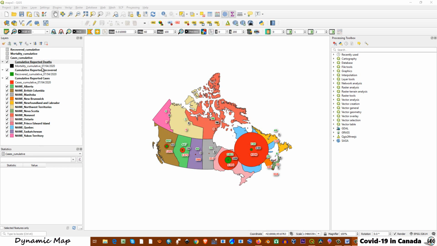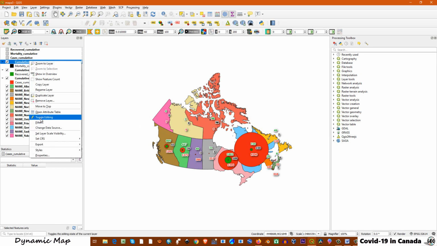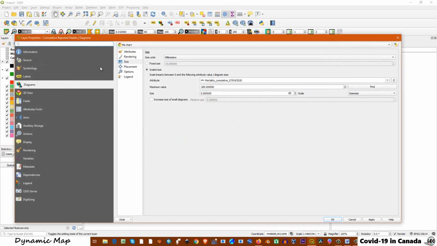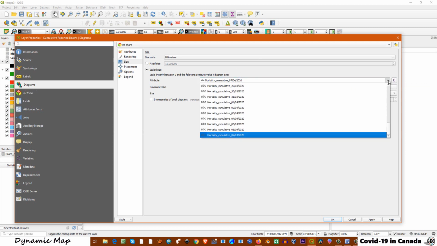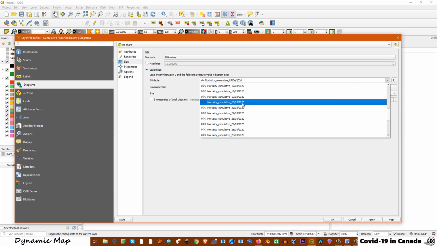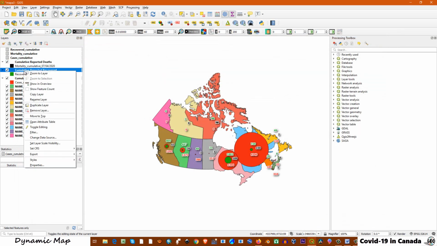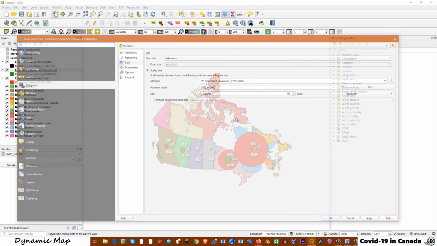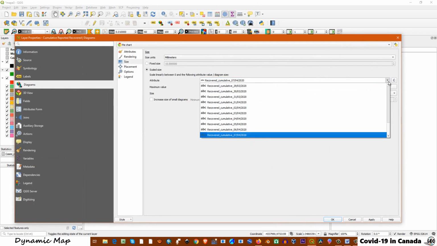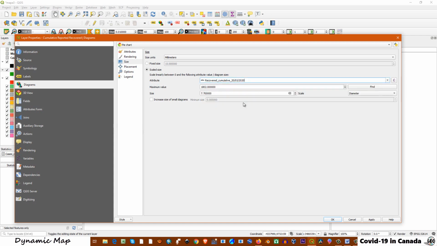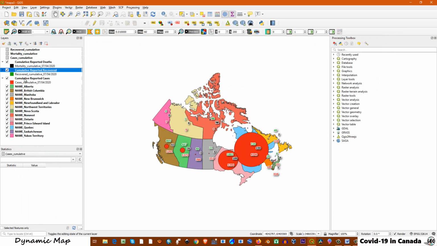Okay, as you can see here, the map is representing the information for April 7th, but now I'm going to change it to March 20th. Then go here, go properties, and diagrams, and you just have to change here the date. Okay, we say March 20, just click on this one and apply, and okay. And we have to do the same for the other parameters, because each parameter has to show the same day, right? Here at the 20, apply, and also here,